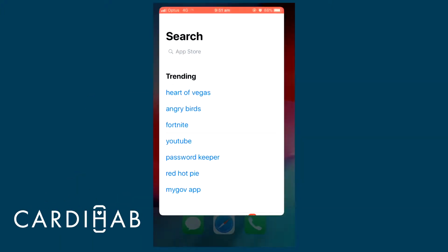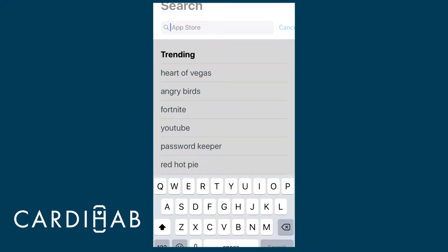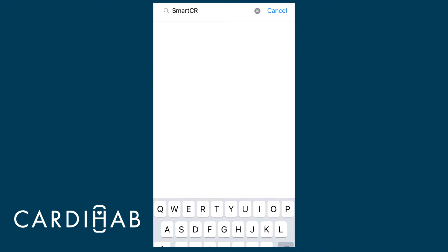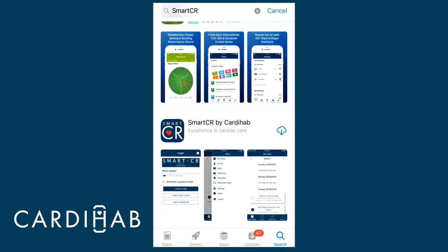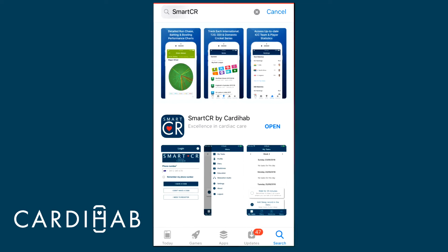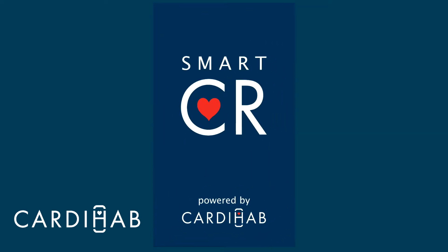Start off by opening the App Store on your main screen and type in the search bar. Tap Get beside the app Smart CR and wait for it to download. Then either click Open, where it will take you straight into the app,